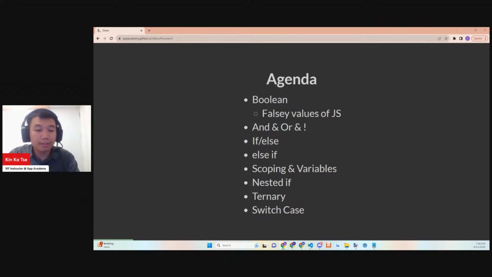Then we have nested if statements, so if statements within another if statement, and go into a little bit about ternary and switch cases. Each of these will have a demo of some form, so hopefully we are able to demonstrate everything as we go.